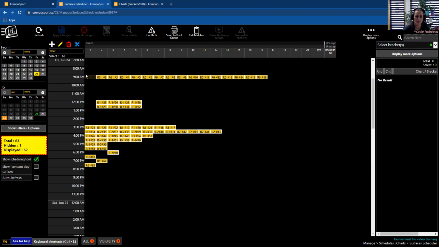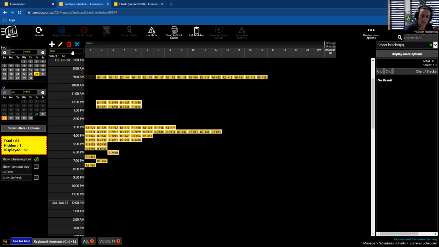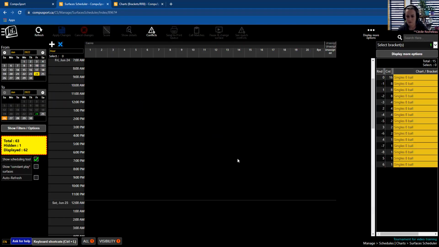So it's very specific. You're dropping them on specific surfaces at an exact time, and then it'll be on your bracket. You also want to make sure that this is not public while you're working at it, because if I was to make this public and I'm moving them around, people would get notifications of all the changes that you're making. So you want to make sure that your bracket is not public yet when you are taking care of that. So this is it for the Surfaces scheduler,